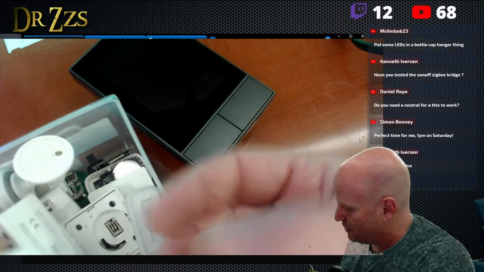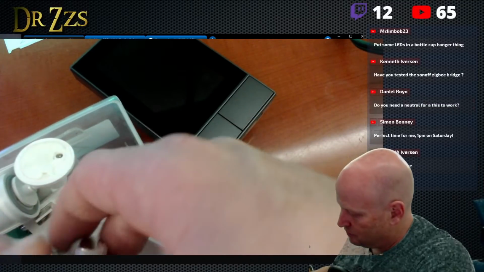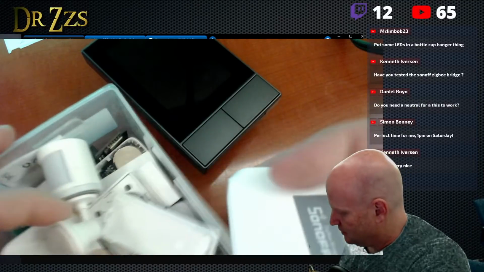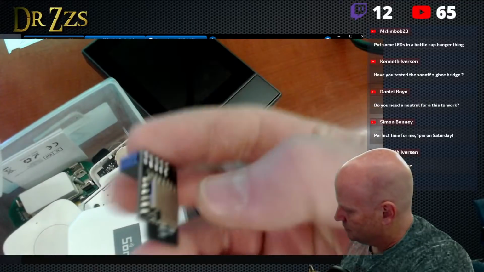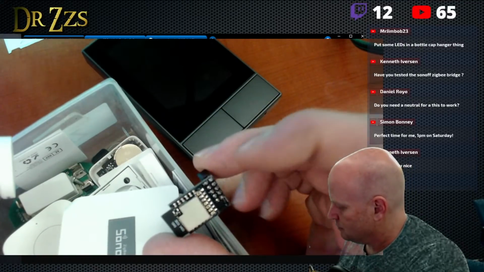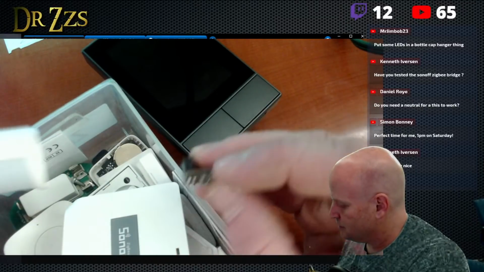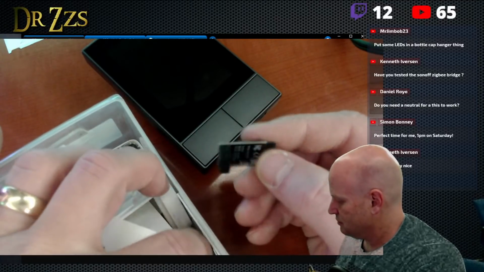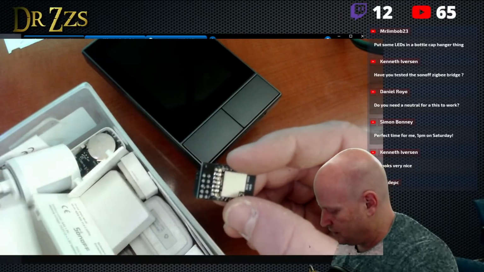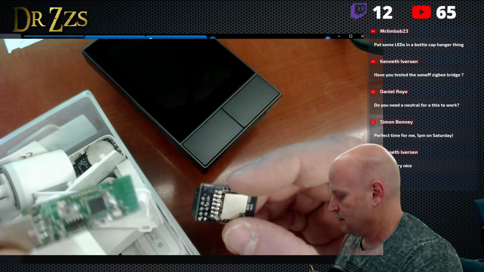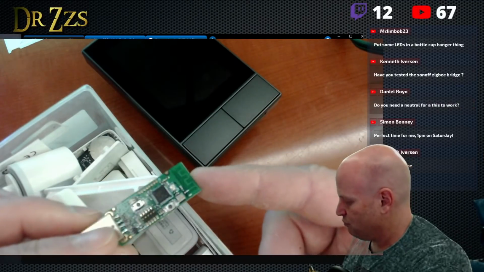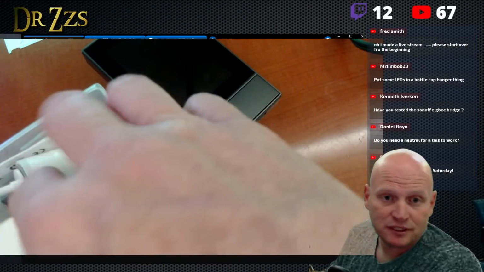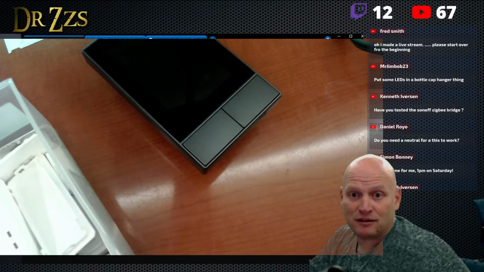Oh, it's a Blitzwolf temperature sensor. Why am I not using that? Door sensors, buttons, motion sensors. I think this one is Wise. I don't know what these are. What's this? Oh, I know what this is. Is this the little flasher? This looks like a little flasher. No, I don't remember what that is. Oh yeah, it's a flasher for this kind of a bridge, I think. You take this and a cable or something. I don't remember. Anyways.